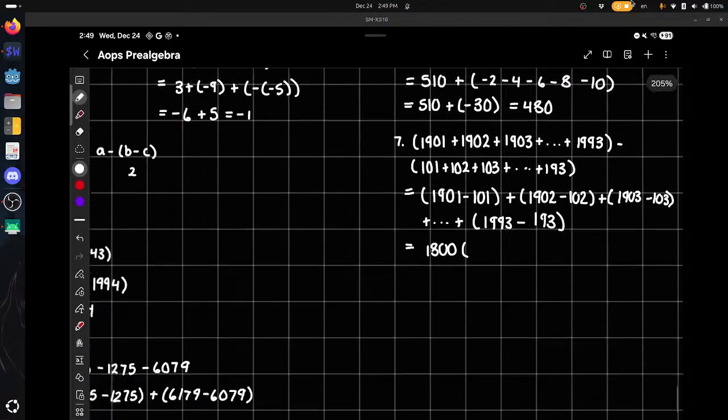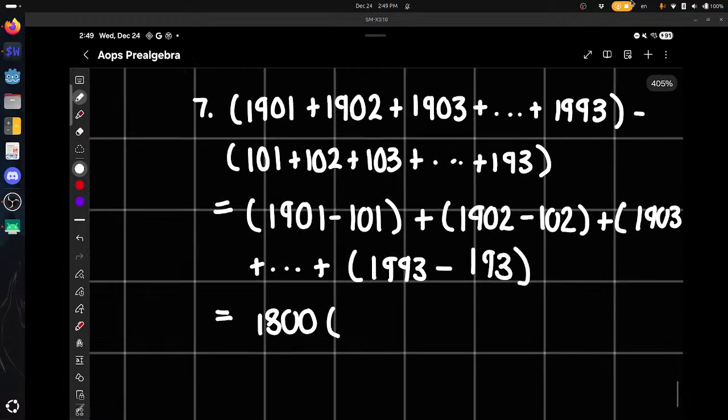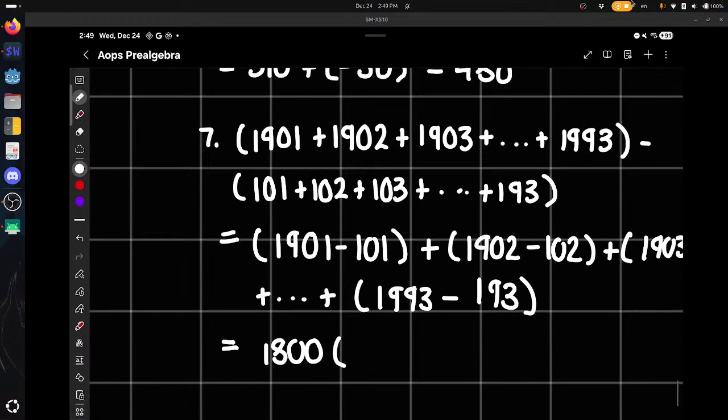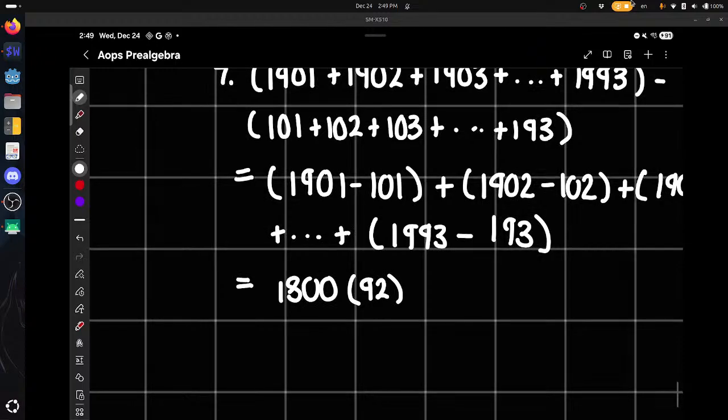Okay, let's skip over this problem right now. Actually, no. We're gonna try to solve this. I just don't know. I'm gonna take a guess. Let's say this is 92. There's 92 numbers in this list. And then, what can we do with that? Guess we could say